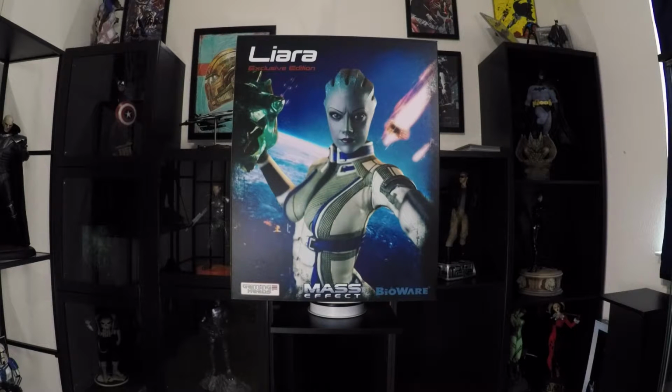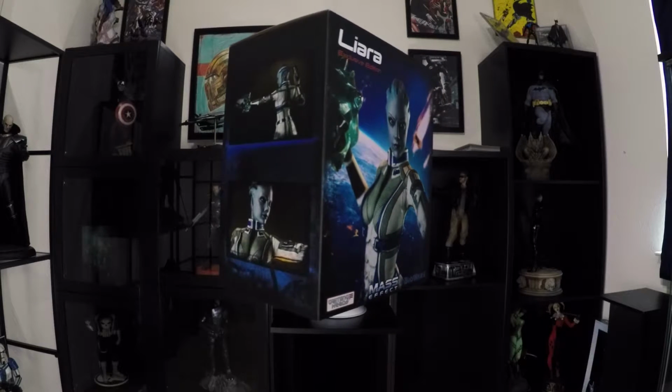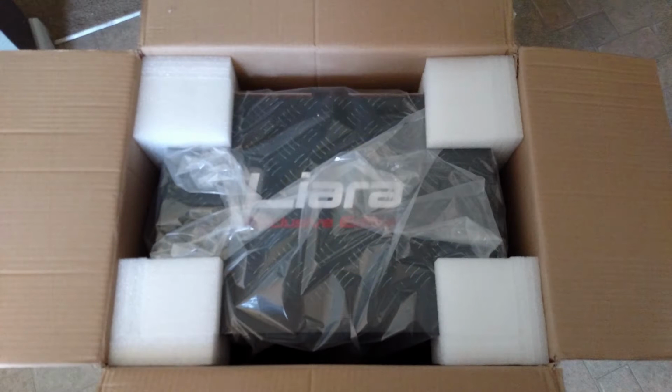I was pretty impressed with the packaging of Gaming Heads' first statue in this line, Garrus Vakarian, and so I was expecting more of the same with Liara. What I wasn't expecting was for Gaming Heads to improve upon it. Once again, the box was impressively packaged with styrofoam at the corners, which prevents damage to both the art box